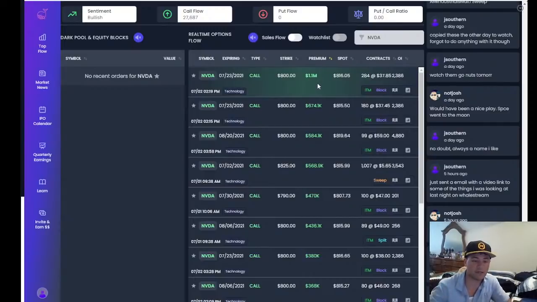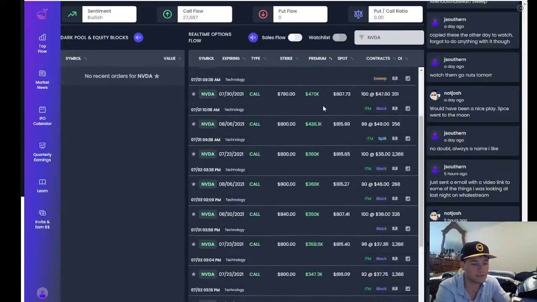Somebody paid more money to purchase the calls than the mid. If this were recorded in red, then it would indicate that somebody was willing to sell calls at the bid, so they wanted out quickly. Versus this, we've got it recorded as a buy because somebody bought at the ask. That's the same thing with stocks too. It'll be recorded as a selling order, selling pressure, if people are selling at the bid, and recorded as a buy if people are buying at the ask. Same difference here. This is showing that people are willing to pay top dollar for calls on NVIDIA.